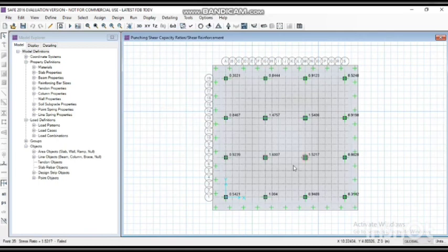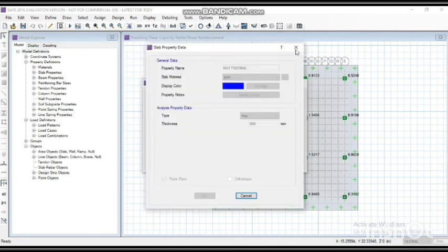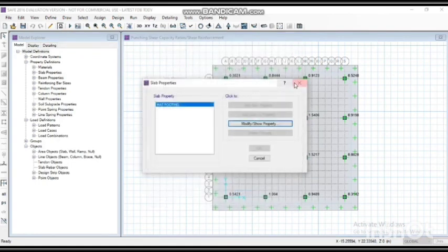Some values of punching shear design are greater than 1 and hence we have to change the dimensions for them. Again go to the slab properties and firstly unlock the model.